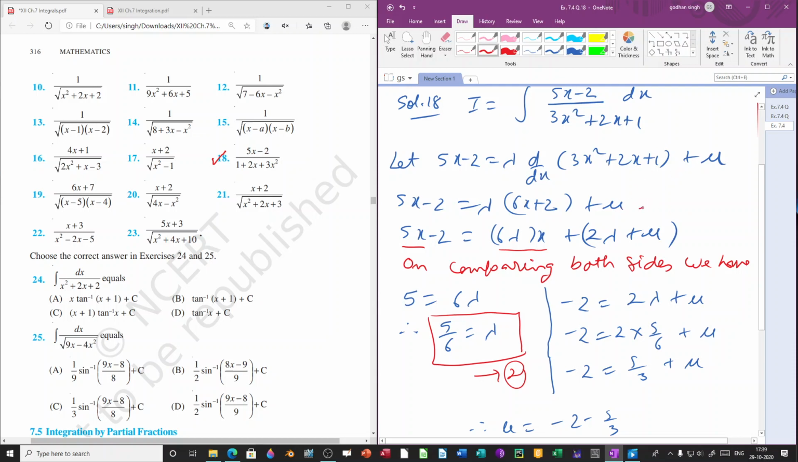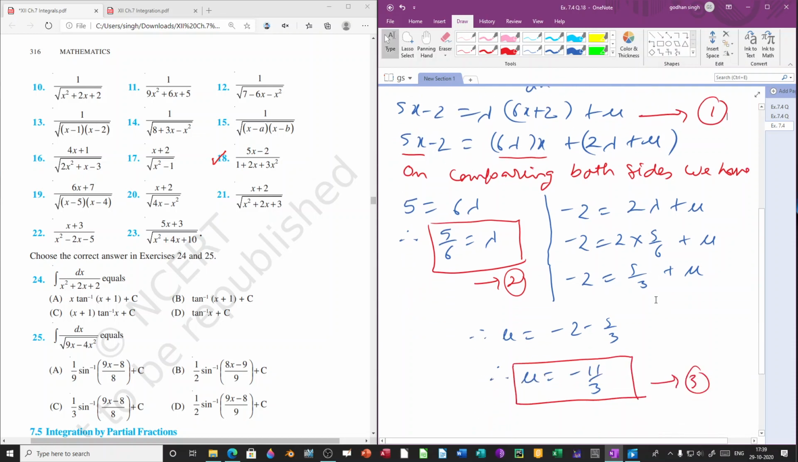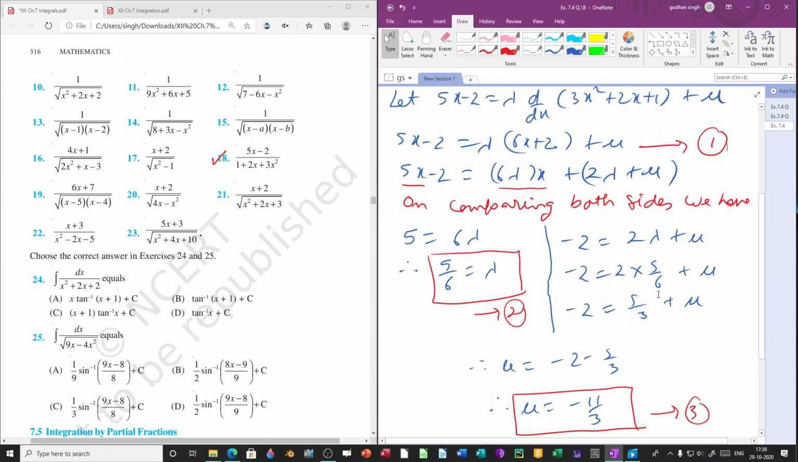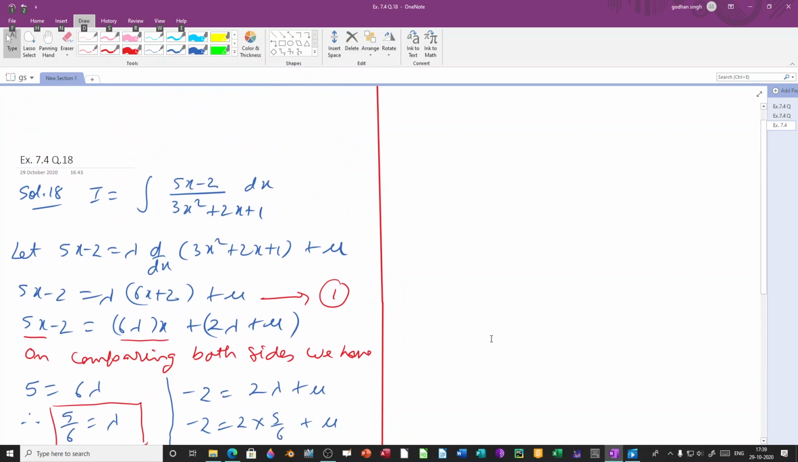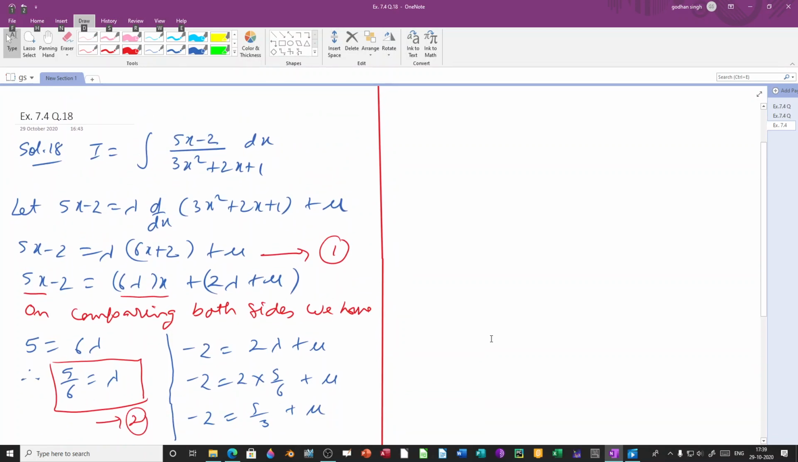So we'll be taking the second one as question number 1. So what we'll do is we'll put the value of 2 and 3 in 1. So let us do this. Now let's start doing this one, putting 2 and 3 in 1, we have,